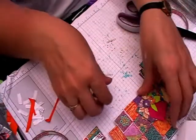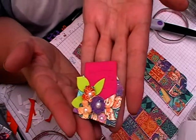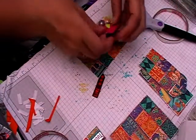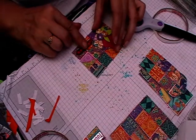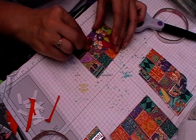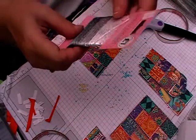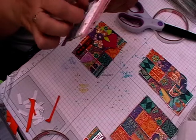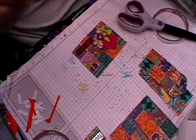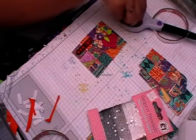This is an embellishment I literally just made in the previous video, and I am just going to work out where I want all this to go. Now I got this from The Works. It's only £1 and it's different threads, so I can't get to the other grey one, so I'm just going to get the silver or the white one. I'm going to get a generous amount